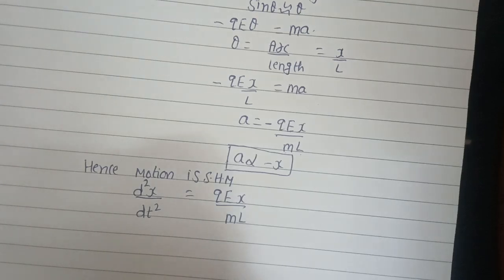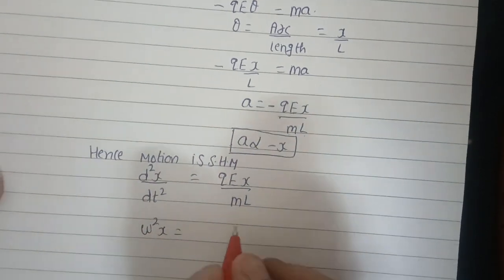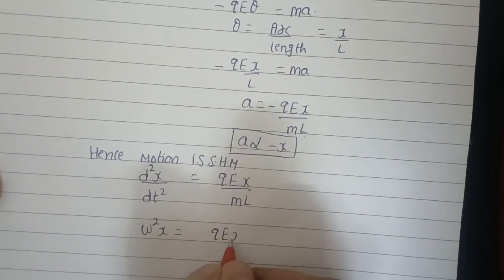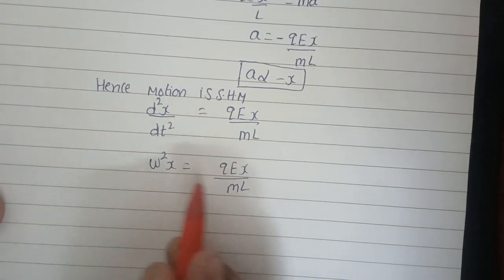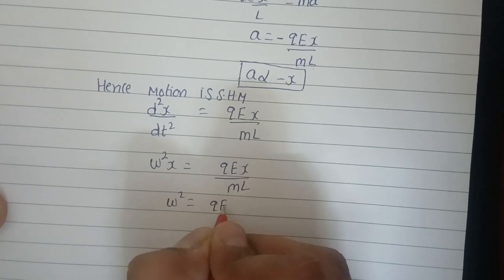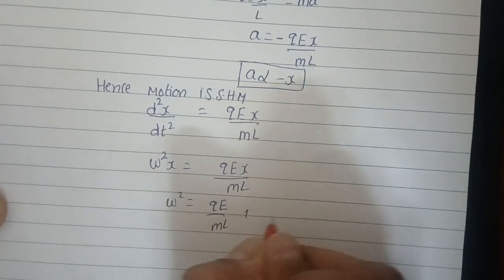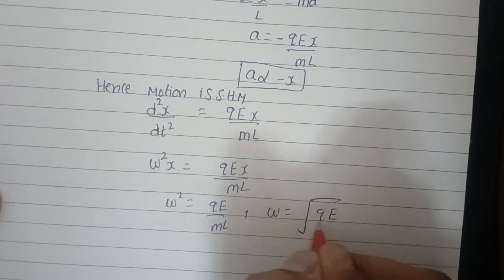And we also know that acceleration is equal to minus omega square x, that is equal to QEx by mL. So on comparing these equations, omega square is equal to QE by mL. That means omega is equal to under root QE by mL, and we know that